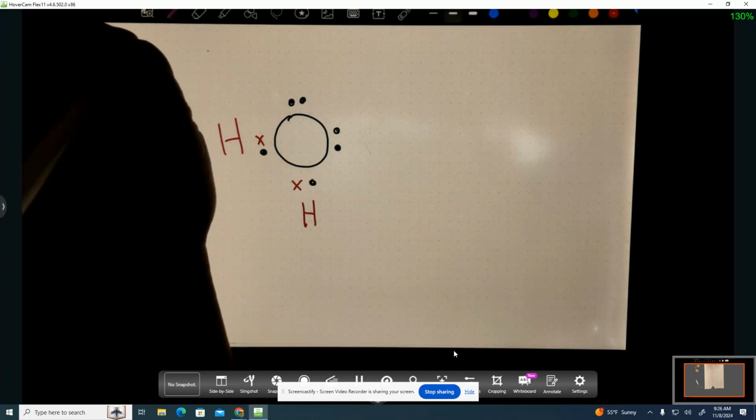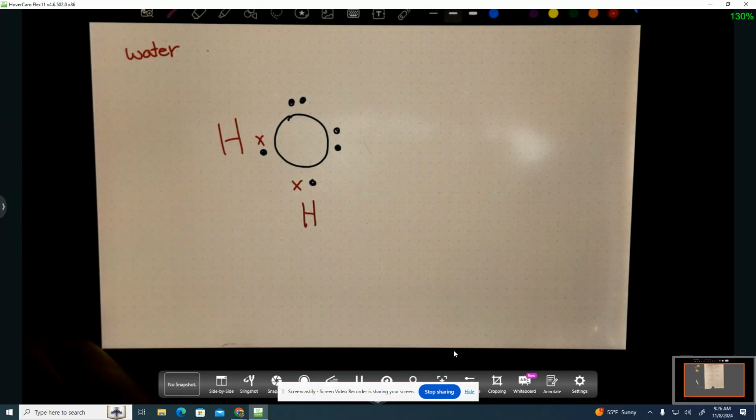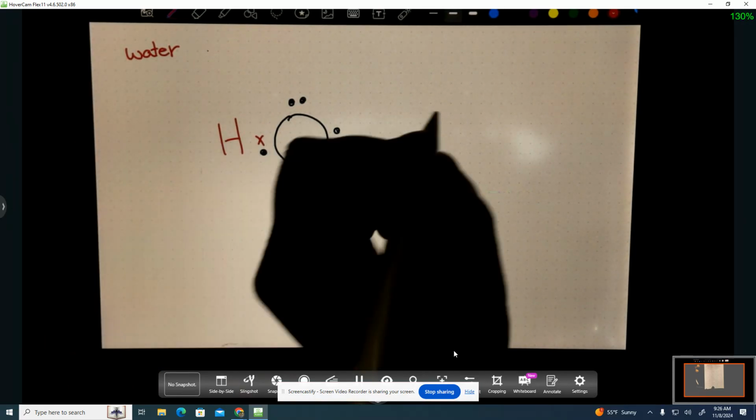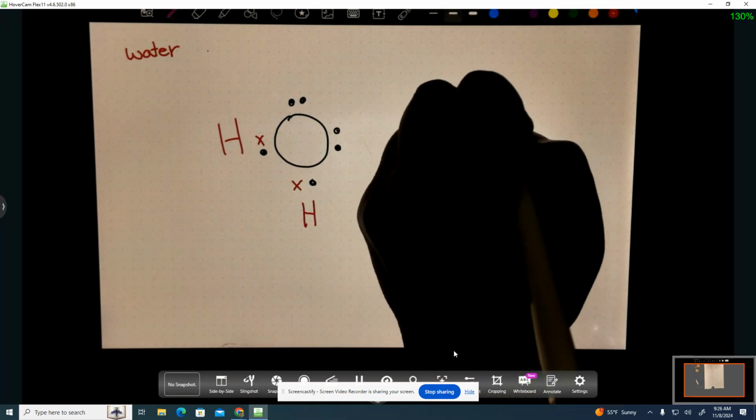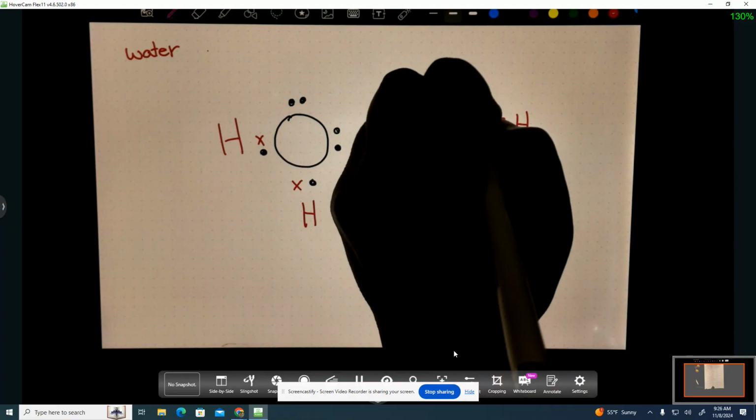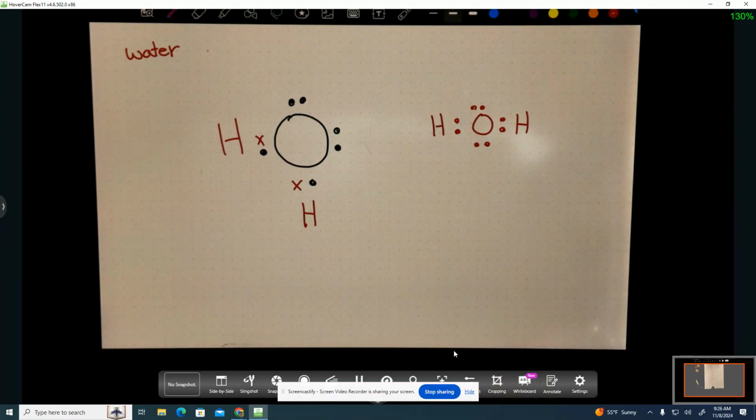This is water. Now, I don't know if I said this yesterday. Correct me if I'm wrong. But if you drew water like this, okay, is that water? It is, but it's not drawn correctly. And the reason why,